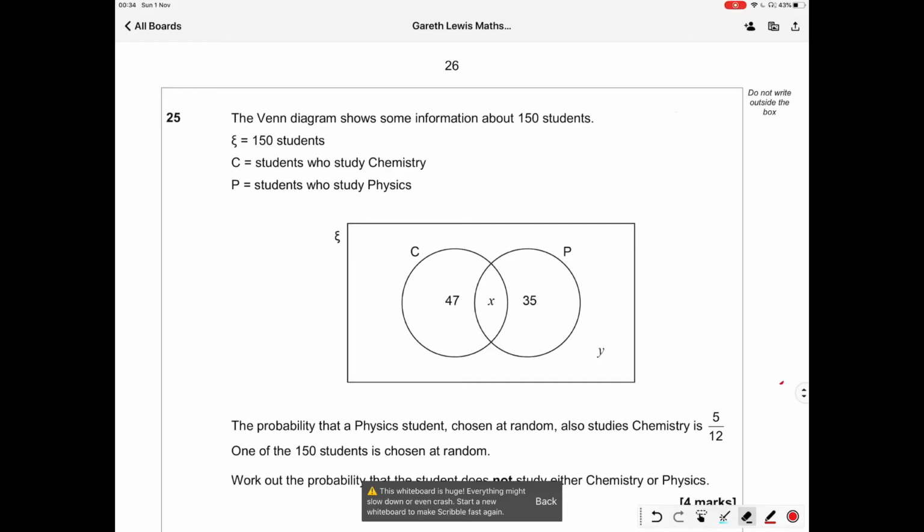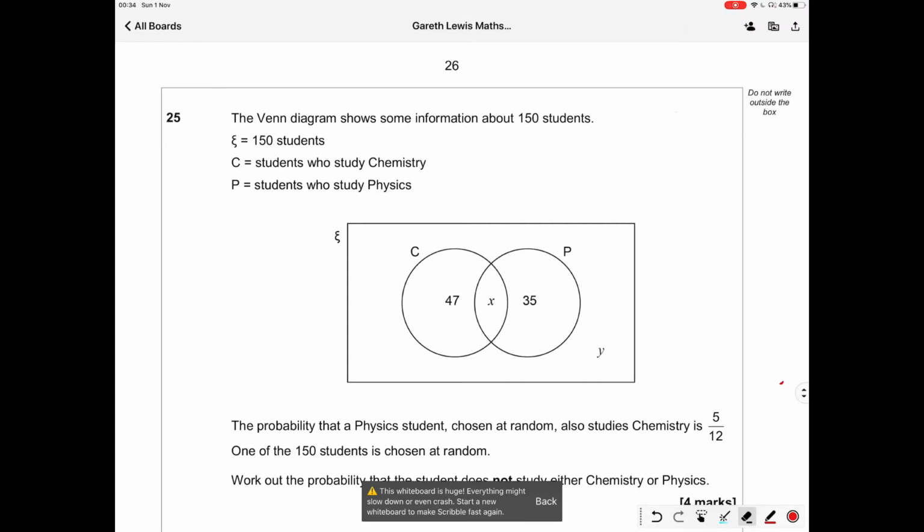Solution to question 25, the question about the Venn diagram with physics and chemistry students. It says the probability that a physics student chosen at random also studies chemistry is 5 over 12. So this is saying if we know that someone is a physics student, the probability that they also study chemistry